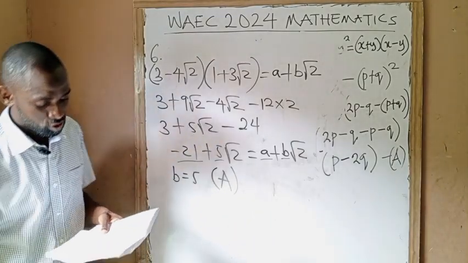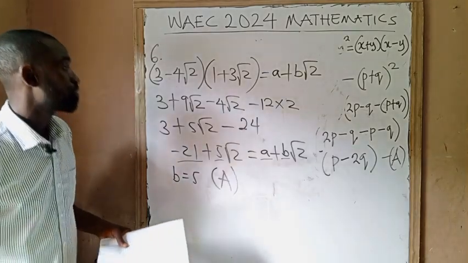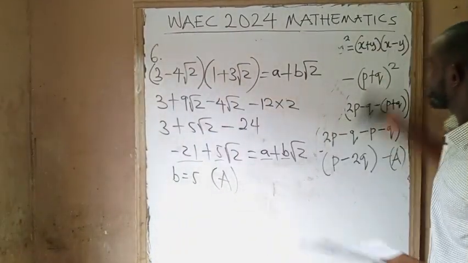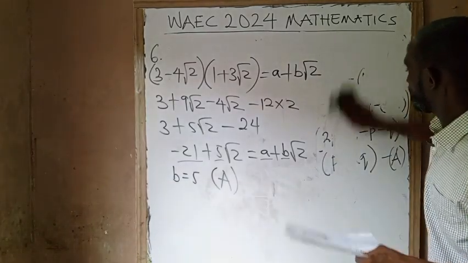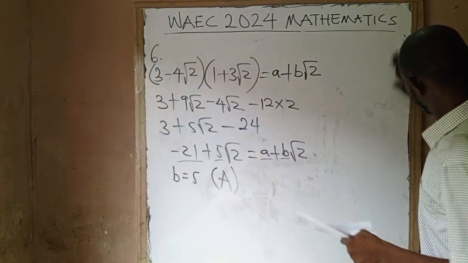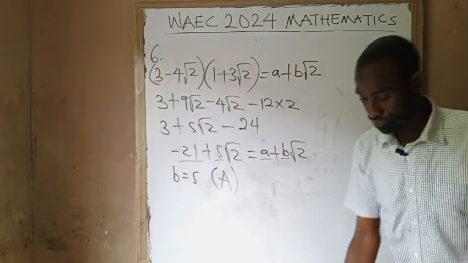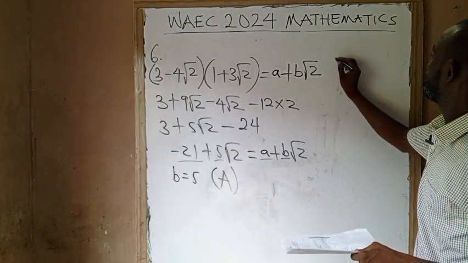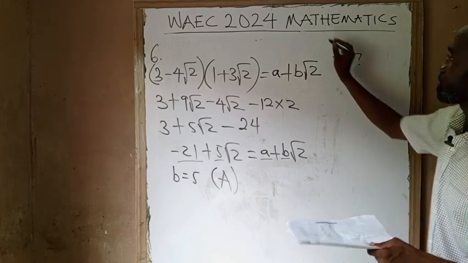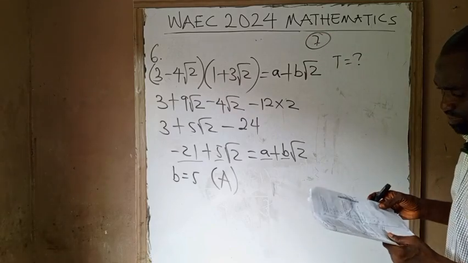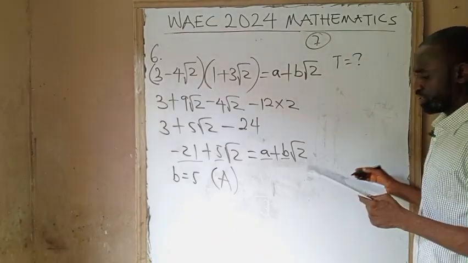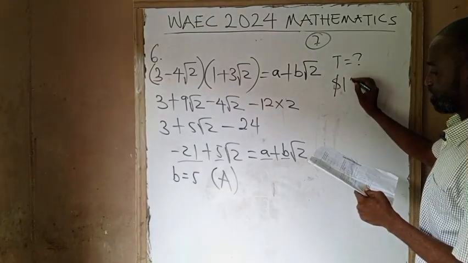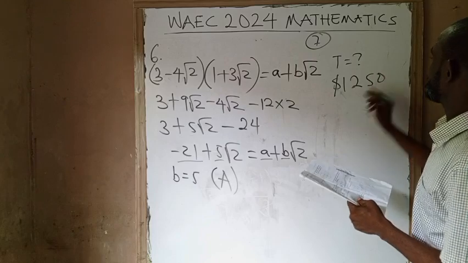Question number 7 is under simple interest. Okay, so let me wipe this one off. So we have to find the time, T. We don't know T. This is question number 7. Find the time for which $1,250, this is the principal,